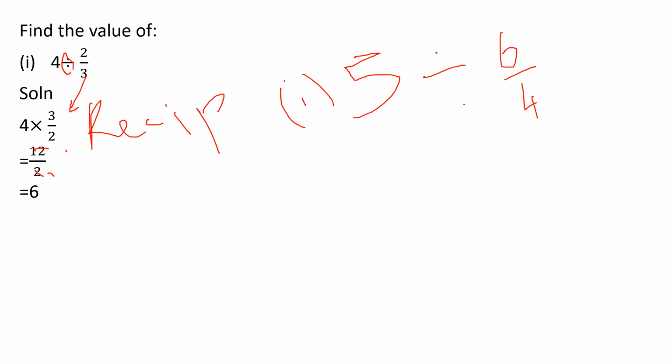Now check it. First, what you will do? I will change the division symbol to multiplication. Next, I'll change the 6 by 4 to reciprocal method. So I'll write the 4 in the numerator and 6 in the denominator. Next I'll multiply this 5 and 4, right? 5 fours are 20. Then 6 into 1, here no number means 1, right? In the denominator. So 6 into 1, 6.